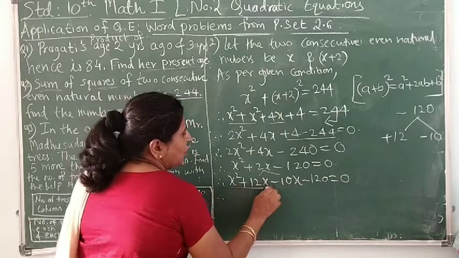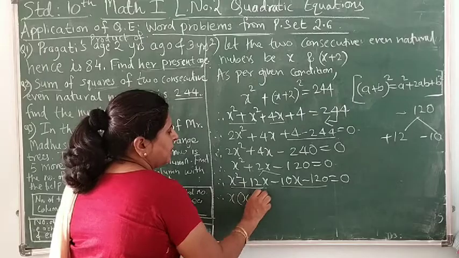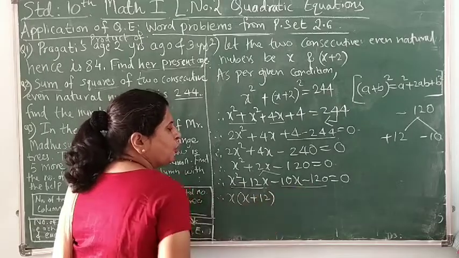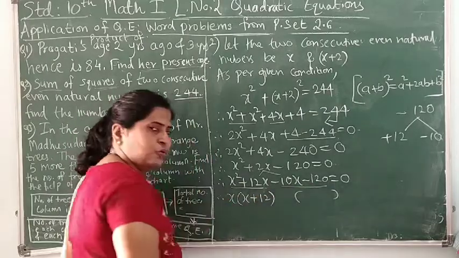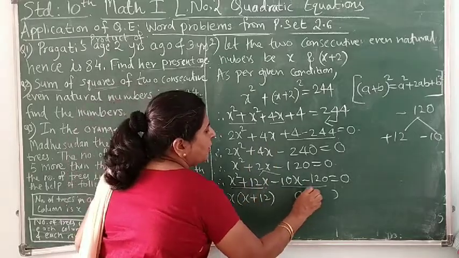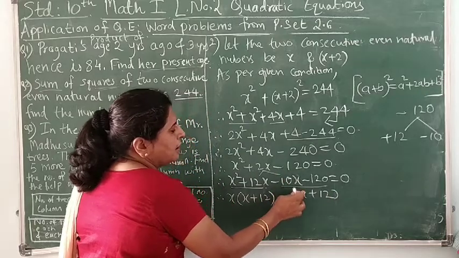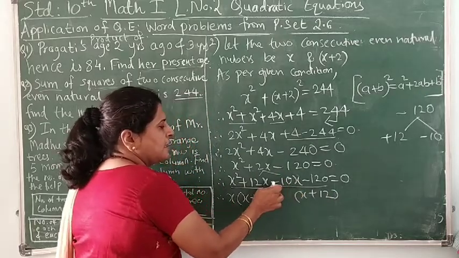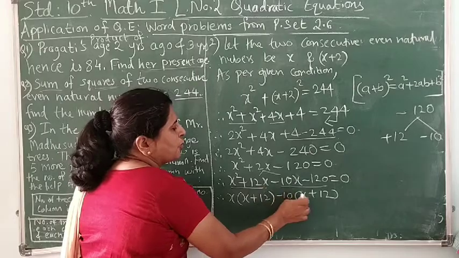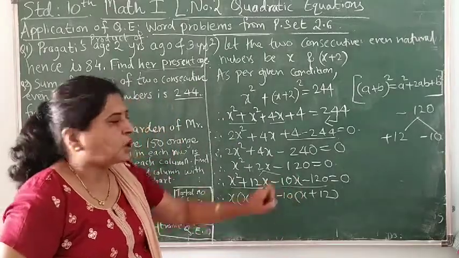And now let's take common from this. So x taking common in bracket x plus 12. Now what is common over here? Right? Use my trick, smart tip, that x plus 12 copy over here. And from this third term, minus 10x, we have copied here x, we have taken x. So what is remaining? It is minus 10. So the product of these two should be this third term. Okay. So now minus 10 is the common.